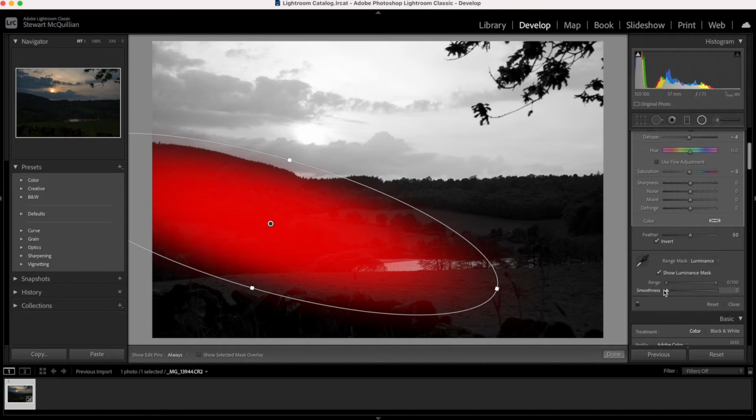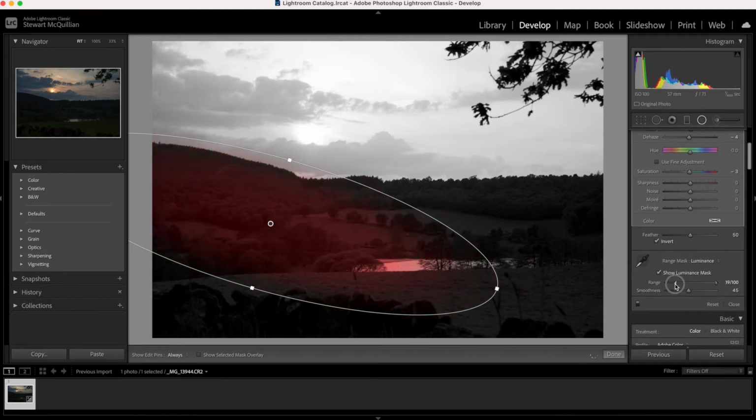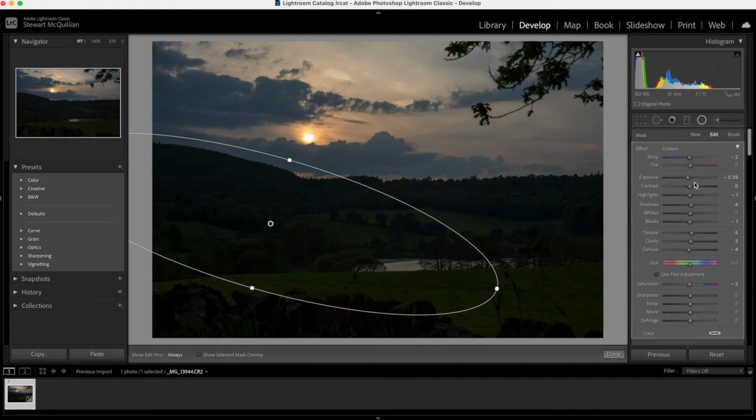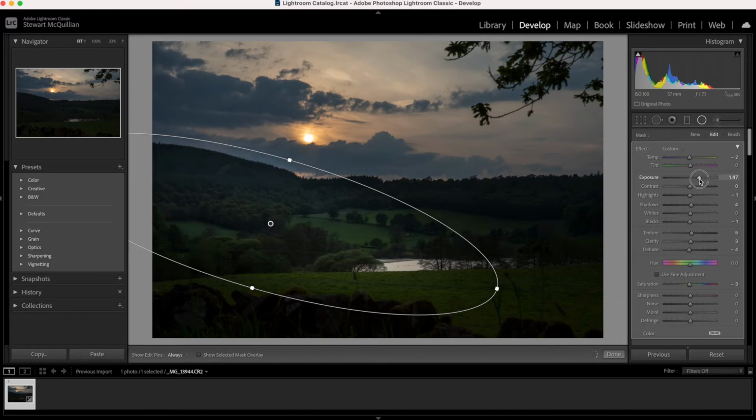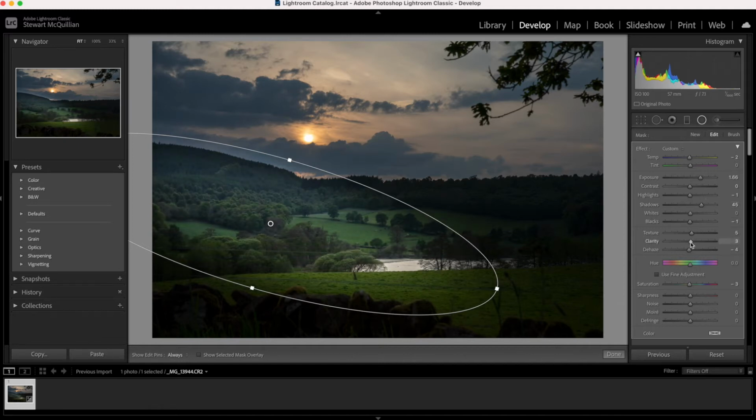So again, you can affect the smoothness, you get a hard edge or a soft edge depending on what you want. I'll leave the smoothness just under halfway. I can adjust the range. How much do I want to include within my adjustments? I want to get that whole area there. I can then turn off the mask, and now when I apply the changes, if I increase the exposure and then increase the shadows just slightly, now you can start to see how easy it is to recover